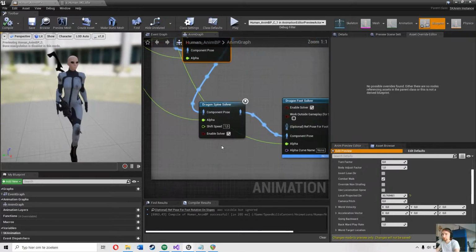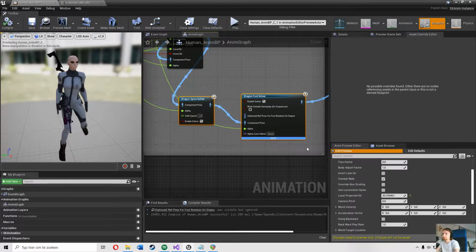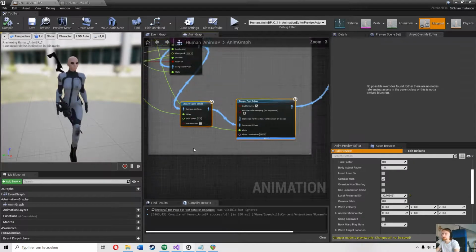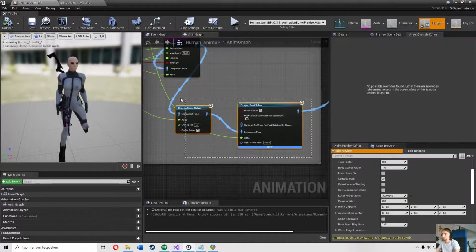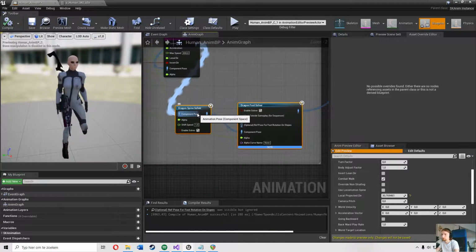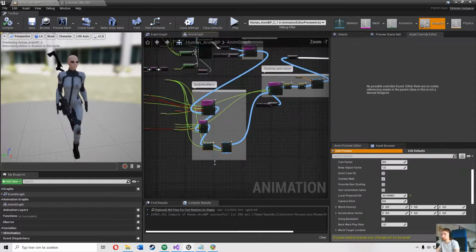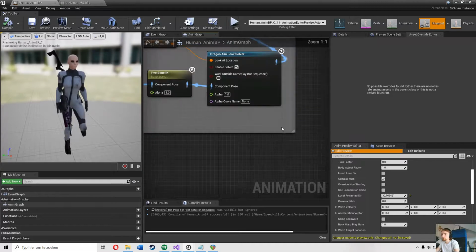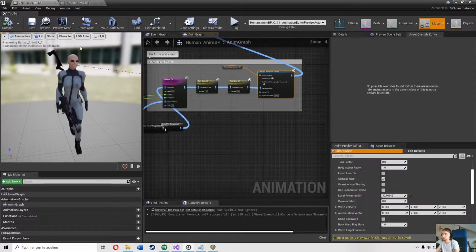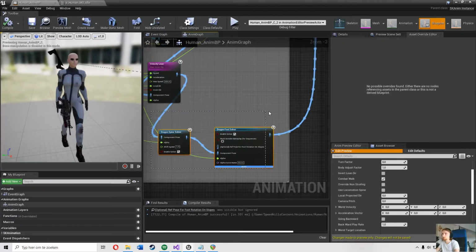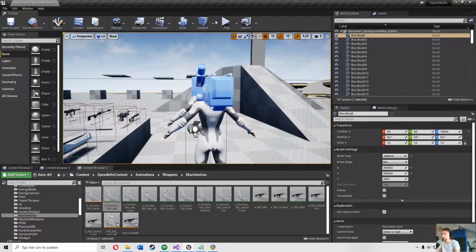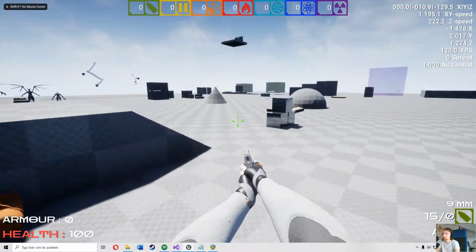Then there are Dragon Spine Solver and Dragon Foot Solver. The ones I made have a magenta graphic, whereas these ones have a blue graphic. These Dragon solvers are bought code. This is a piece of code that I bought from the Unreal Marketplace a couple of months ago on an extremely steep discount. I thought maybe these could be useful, and they ended up being useful. So what the Dragon Spine and Legs does